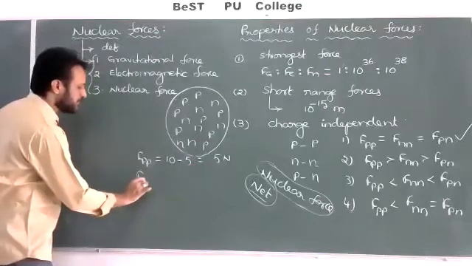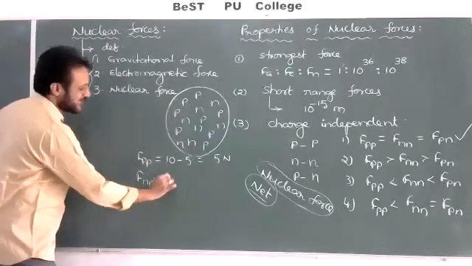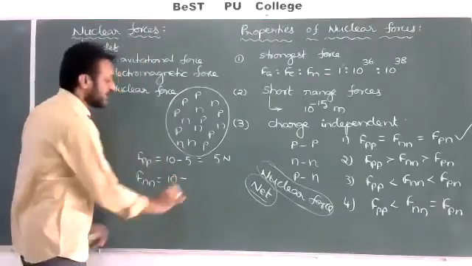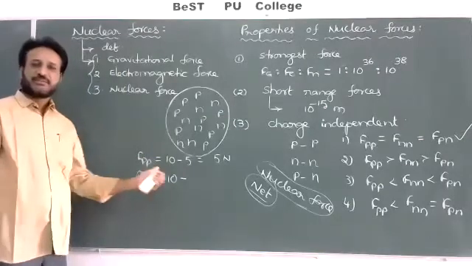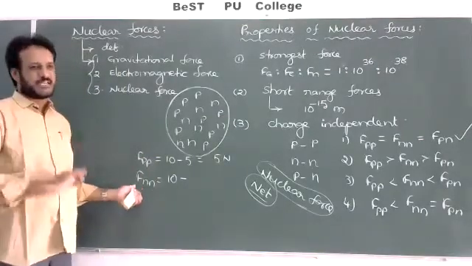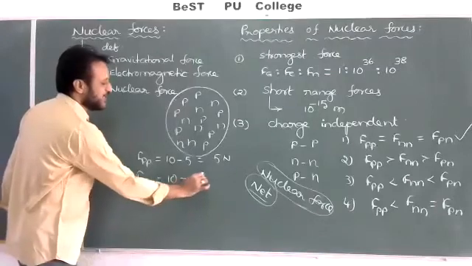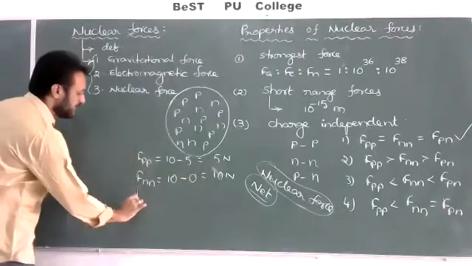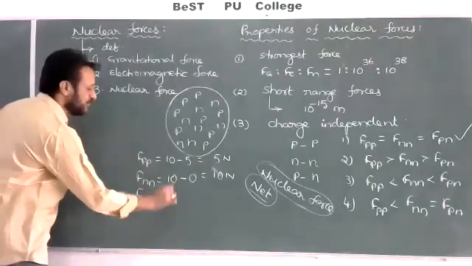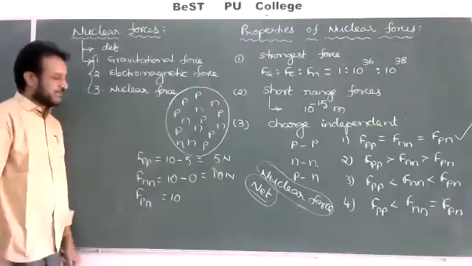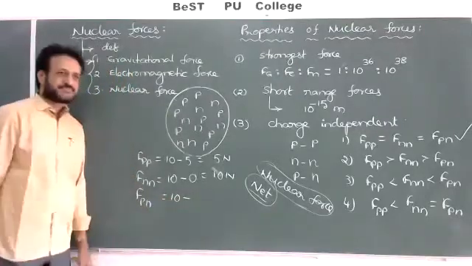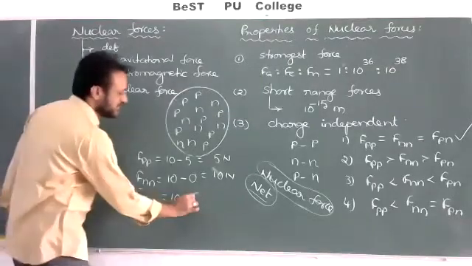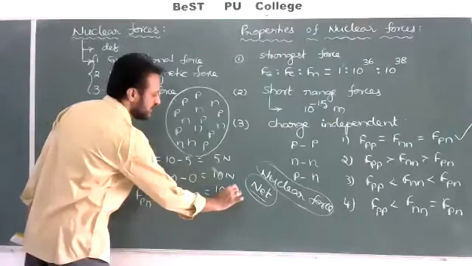Now I'll choose neutron. Nuclear force is the same, 10 Newton. Among all the nucleons, the nuclear force is constant. But what about the electrostatic repulsive force? Between the neutrons, both are chargeless particles. That's why there is no repulsive force, so you should write 10 Newton. Next, FPN, between the proton and neutron, nuclear force is the same, 10 Newton, no question. But what about the electrostatic force? 0, because the neutron is a chargeless particle. So no force, that's why it is equal to 0. Then 10 minus 0 equals 10, you should write.